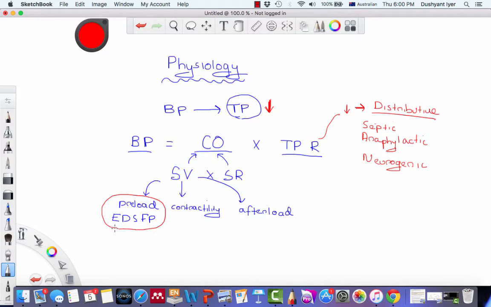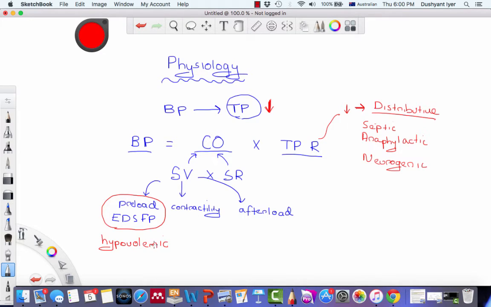Shocks that are associated with a decrease in preload are your hypovolemic shocks. Hypo meaning less, volemic meaning volume. Shocks to do with a low amount of blood in the circulation. So, patients who are undergoing massive hemorrhage or fluid losses through the gastrointestinal tract or through burns have a lower